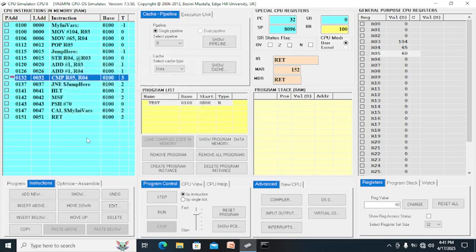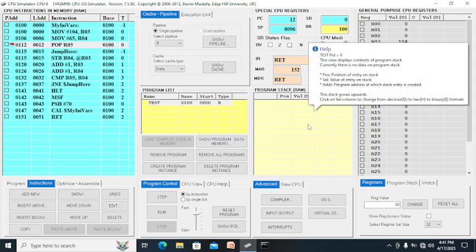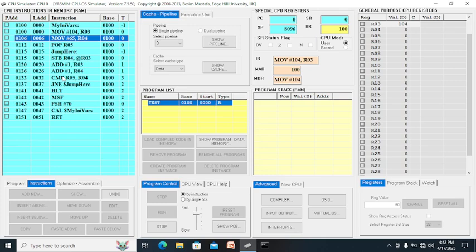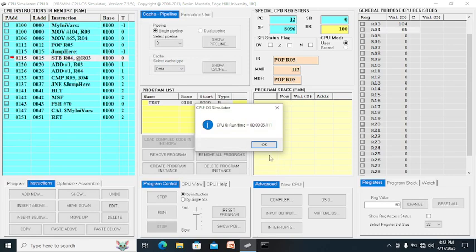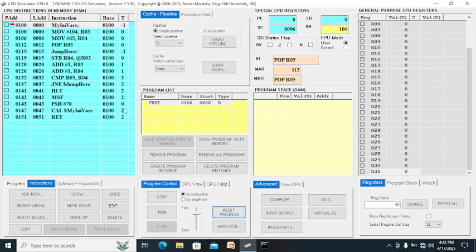Okay, so if you run here, there should be an error because there's no such thing that you're going to pop. There's no value here. I'll demonstrate to you. Once you click reset the program and try to run above, it will commit an error because there's no such thing you can pop. Oh, see, run, then pop, error. See, if there's no data in the stack, you are asking the program to pop data in the stack, but you should start from here. Okay, you start here.